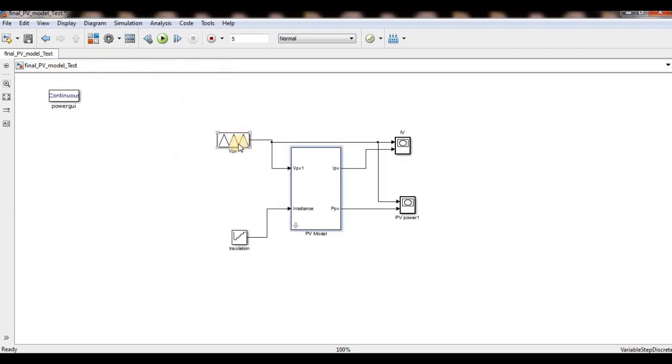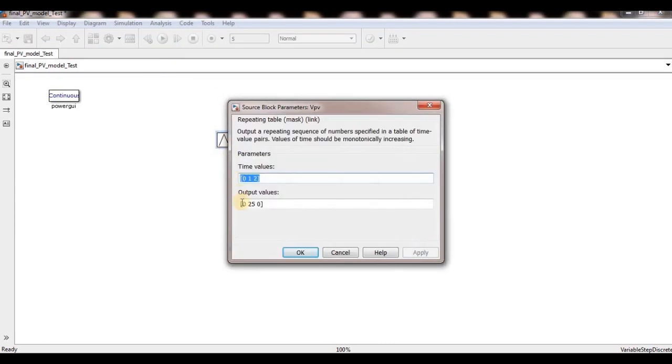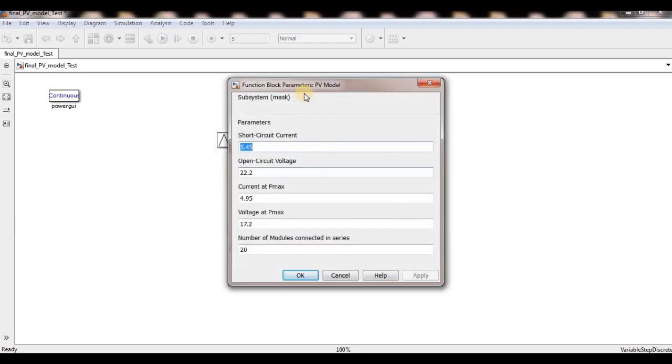See, this is the VPV. I told you that this VPV is a signal that I have to vary from 0 to VOC. Then only I can get the characteristics of VPV. And now see, this VPV is from 0 to 25, and this is the basic modeling.